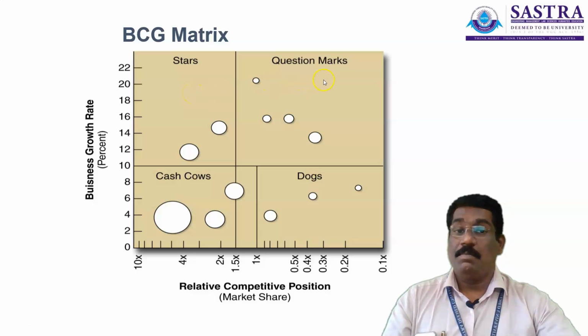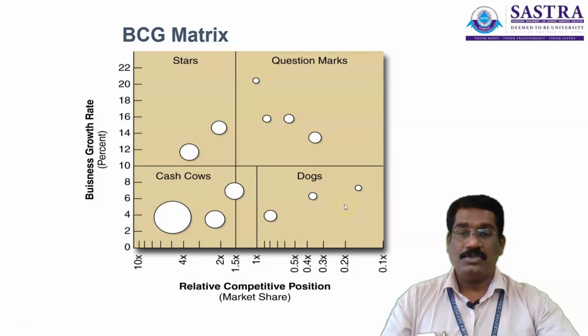And when you look at the question mark, it is like a cat on the wall situation. So when you look at here, the market share for question mark is literally low, but the business growth rate is literally high. Okay, so we'll have a lot of inference by analyzing the product line, where the product line lies in these 4 quadrants. And obviously the dogs, if you look at the condition of dog, both the business growth rate as well as the market share is literally low.